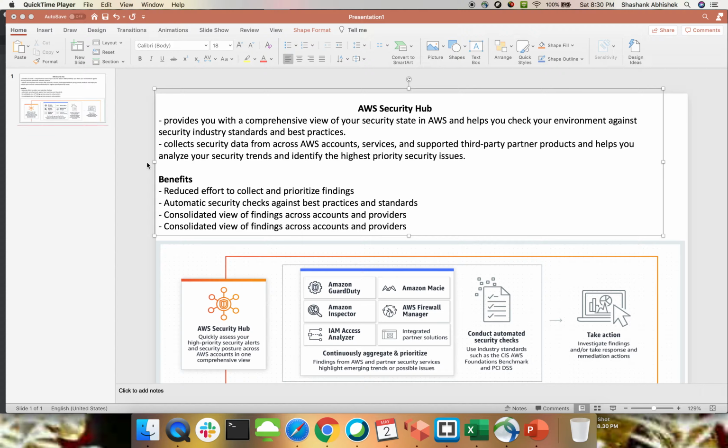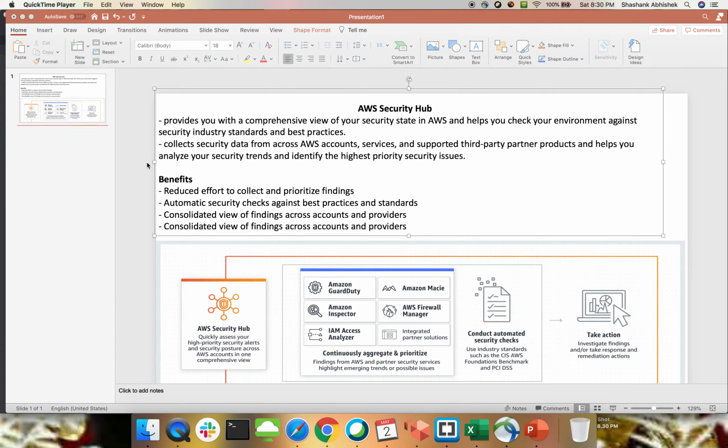So as you can see on my screen, today we are going to look at another good service from Amazon, which is AWS Security Hub. I call this an integrated service. The reason being, this is acting like a hub service which uses different security tools or services within AWS like GuardDuty, Macie, Inspector, Access Analyzer, and different security tools to give us a consolidated report with regard to our infrastructure security findings.